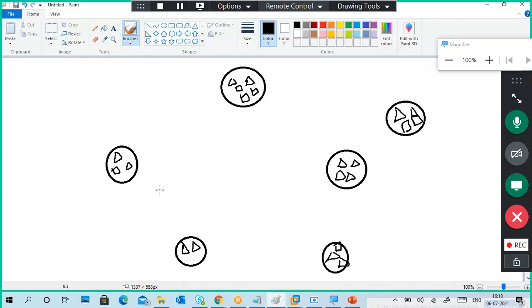Okay, people think I created some emojis kind of stuff. Okay,